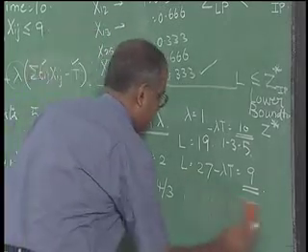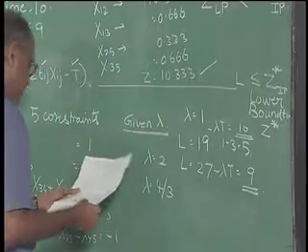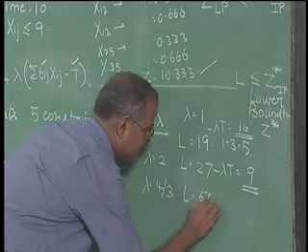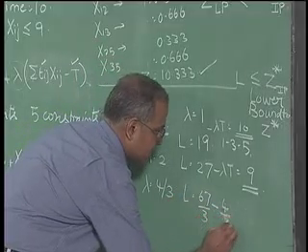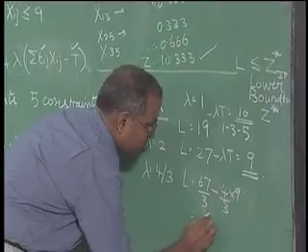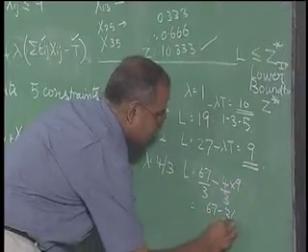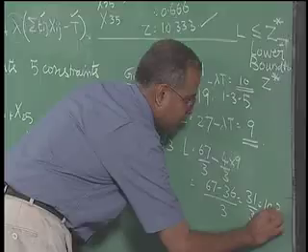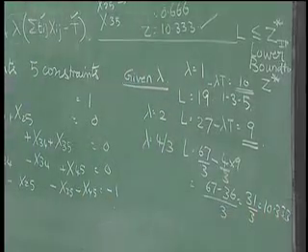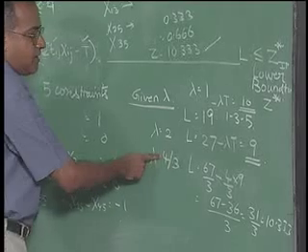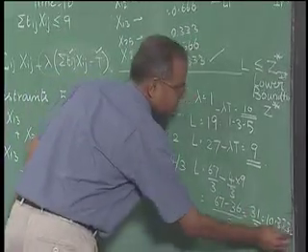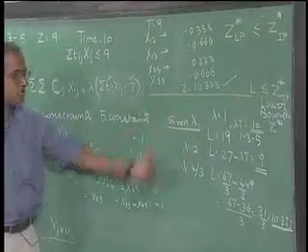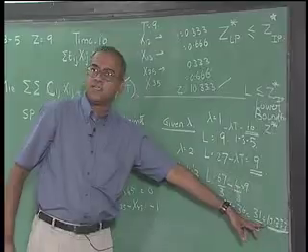So for lambda equal to 4 by 3, we would get L is equal to 67 by 3 minus 4 by 3 into 9. So, this is (67 minus 36) by 3, which is 31 by 3, which is 10.333. So, for lambda equal to 4 by 3, we would get a value which is 10.333. We tried with various lambdas, but it is possible to show that you cannot go beyond 10.333 in this